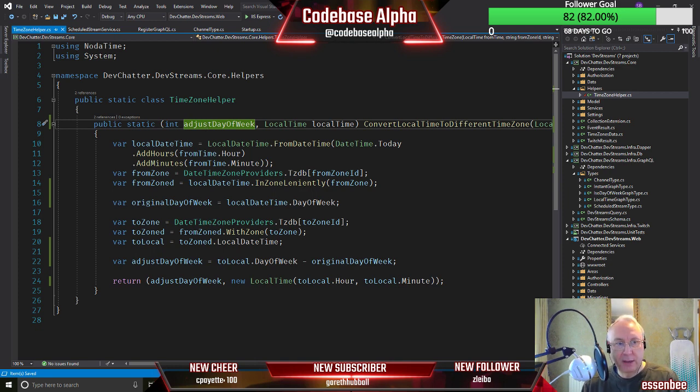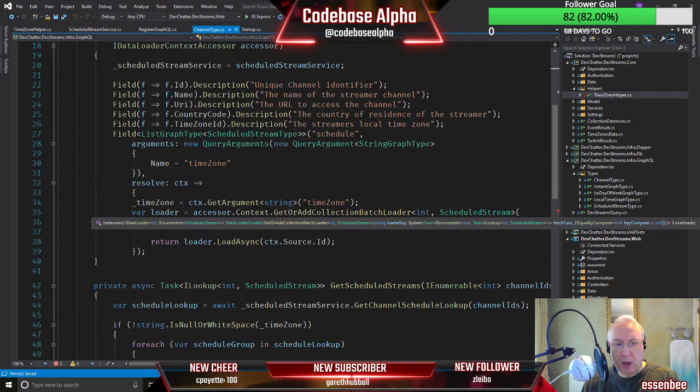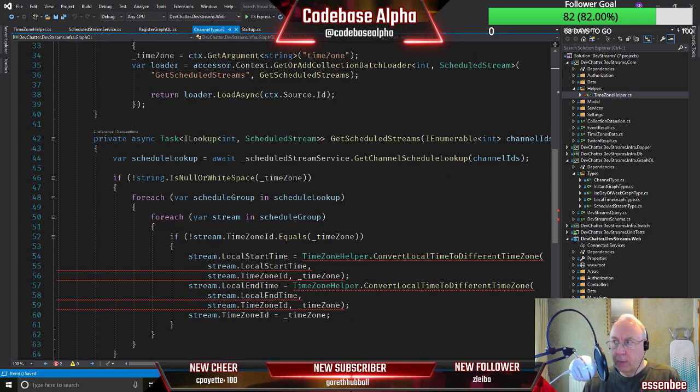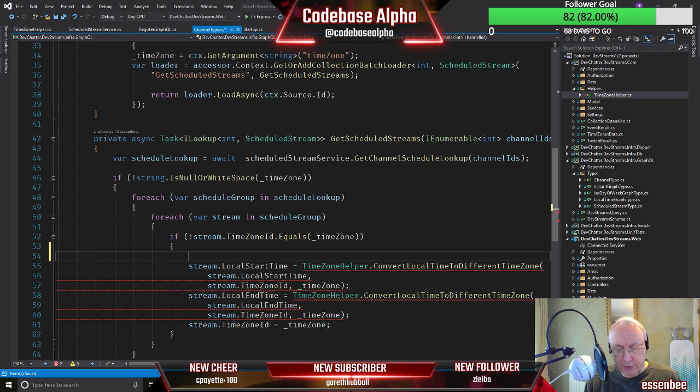So let's go back and have a look at the channel type. So this is where we're using this method, this time zone helper, and you can see here that it's obviously not happy because we're now returning a tuple type. So let's just do some adjustments in here. So what we want to say here is that, what do we want to say? We want to say that